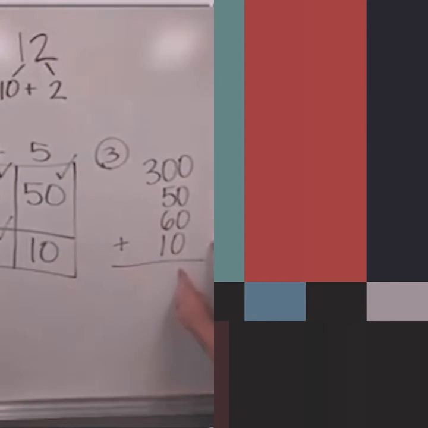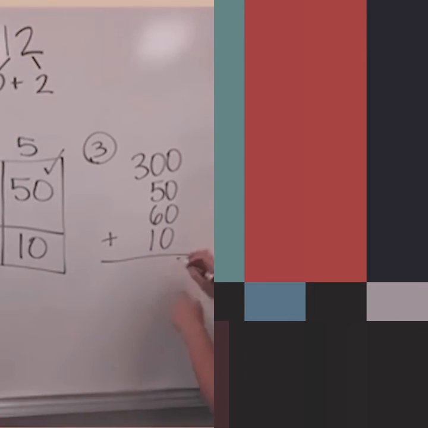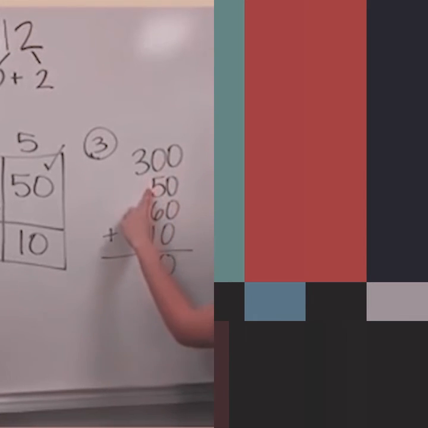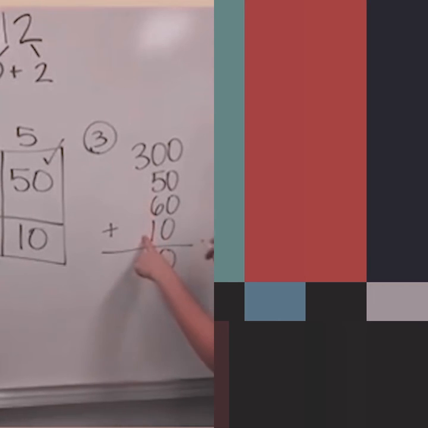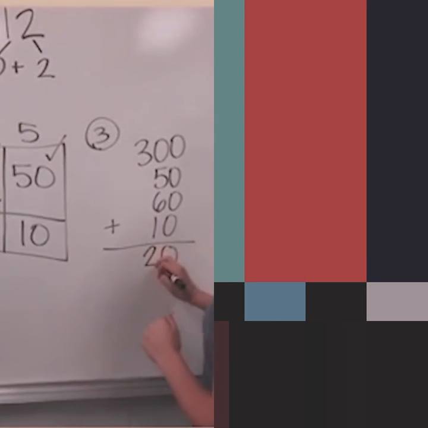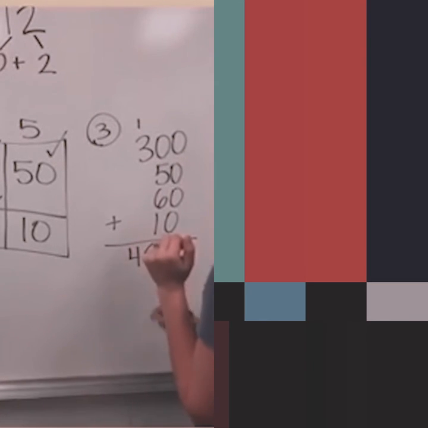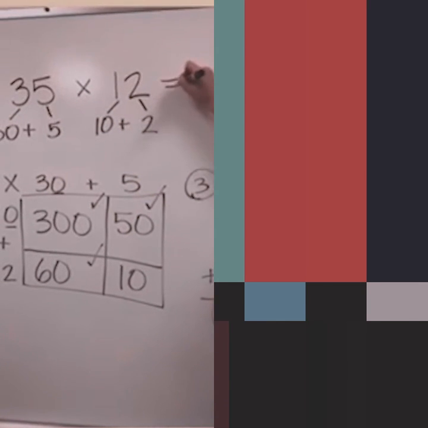Make sure you line up your places too. 0 plus 0 plus 0 plus 0, those are zeros all the way down, so 0. 0 plus 5 is 5. 5 plus 6 is 11. 11 plus 1 more is 12. Bring that 2 and carry that 100. 3 plus 1 is 4, and that is your answer. 35 times 12 equals